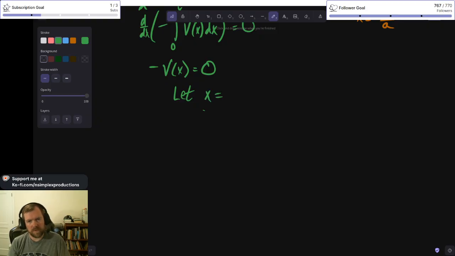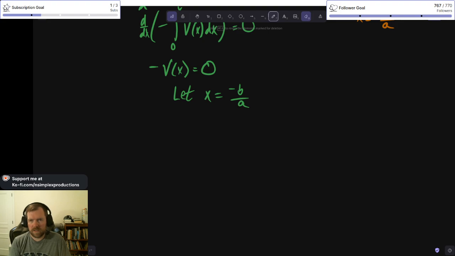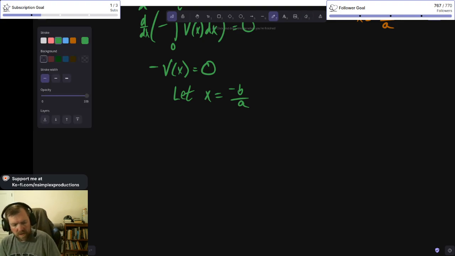Let x be equal to negative b over a, which is the intersection point, or the value of the x. All right, let x be negative b over a, so therefore,